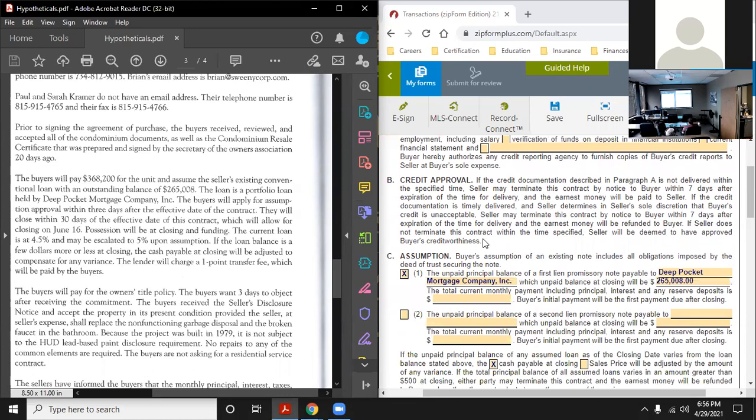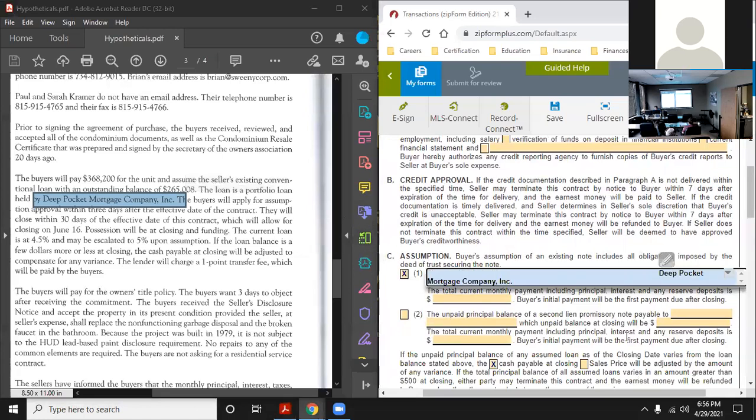You'd ask them what they're going to do. They are assuming a loan that is held by Deep Pocket Mortgage Company. So you put Deep Pocket Mortgage Company, and then the closing will be blank. Now,